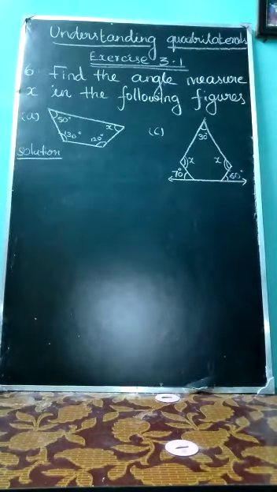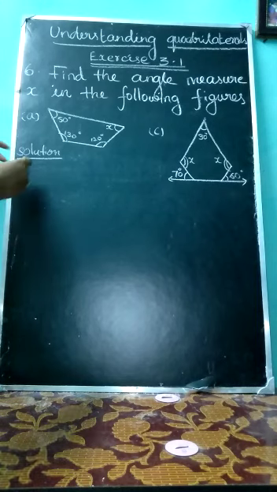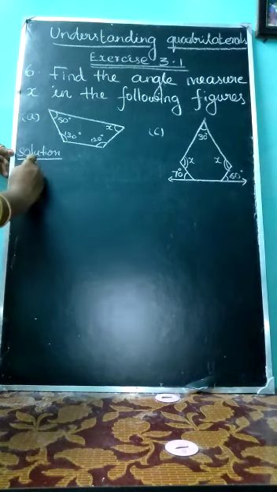Next problem, find the angle measure x in the following figures. Some diagrams are given, we have to calculate the unknown value. The first subdivision, actually here we are going to use the angle sum property of a quadrilateral. Because we know the sum of the angles of a quadrilateral is 360 degree. Using this condition, easily we have to calculate the unknown value x. Okay. For the solution for the first one,